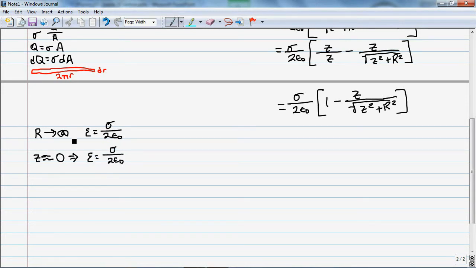Well, that makes sense. If r is infinite, then I get this constant. If z is very close to 0, I get this constant, because the closer I am to